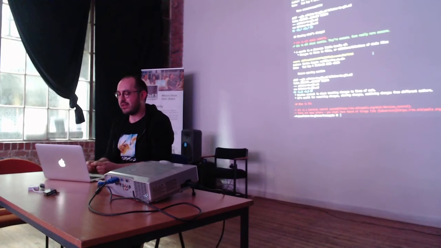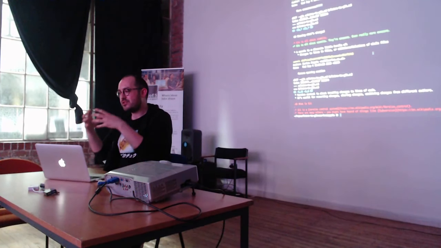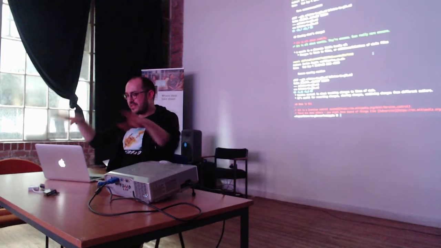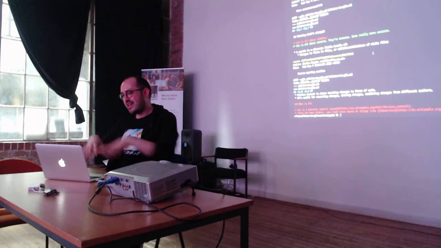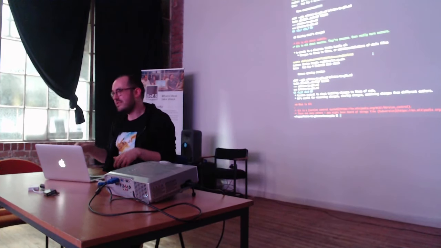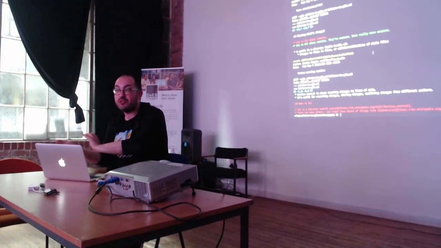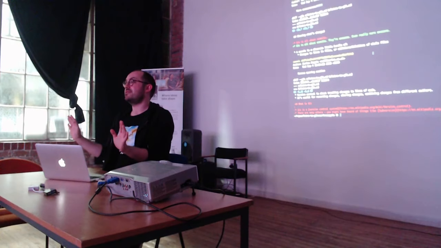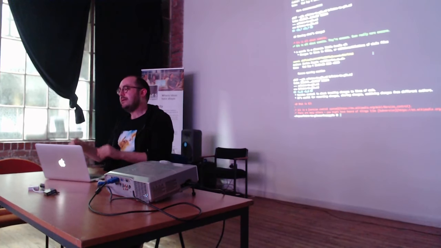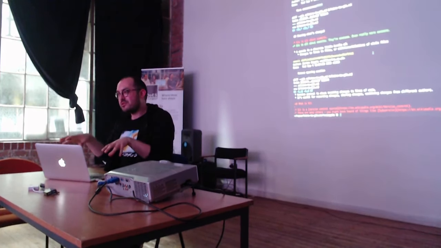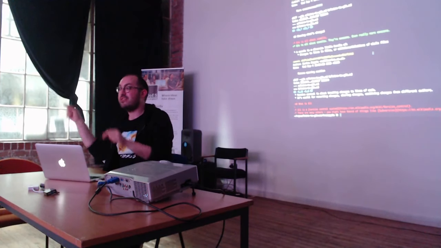But when you're checking out, you're basically updating the state of all the files on your disk, or at least all the tracked files, because remember that you can have untracked files that Git just ignores and leaves alone. If they're on your disk, it doesn't care. But you're updating the state of all those based on the thing that you're checking out.